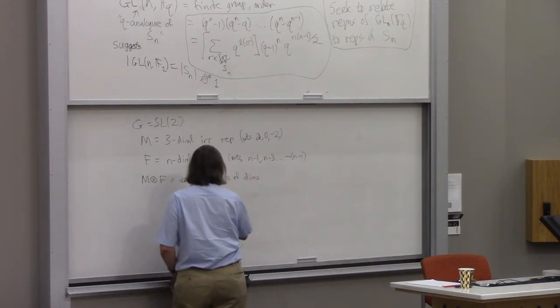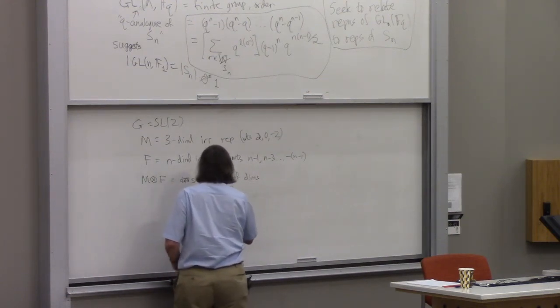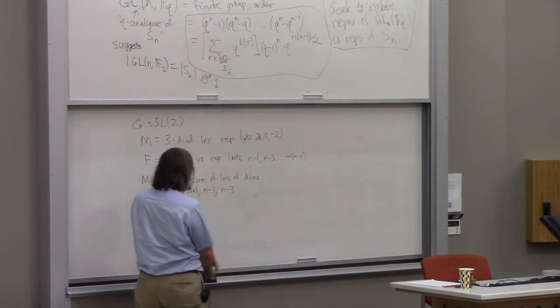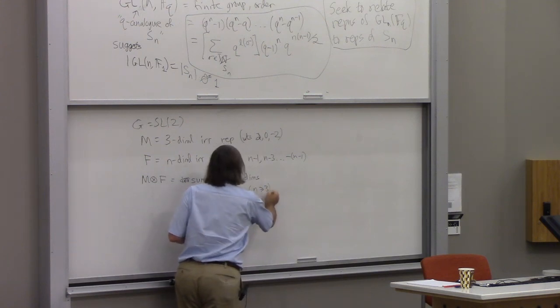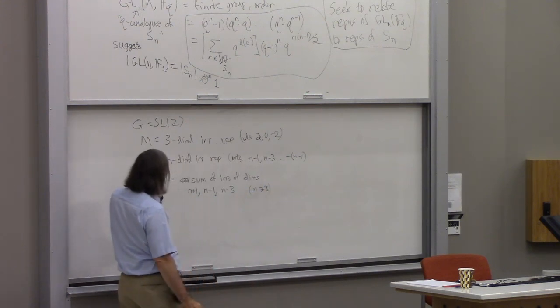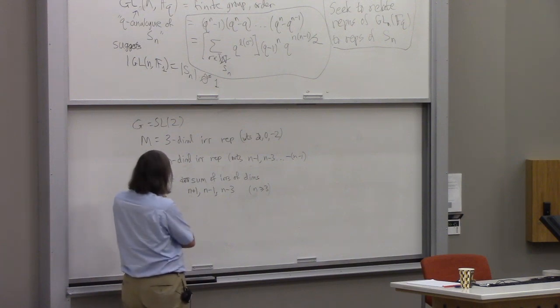N plus 1, n minus 1 and n minus 3. It's these three pieces as long as n is greater than or equal to 3. I won't